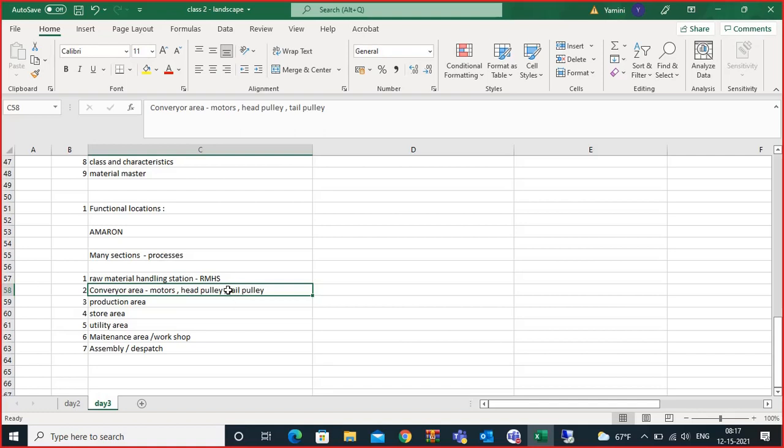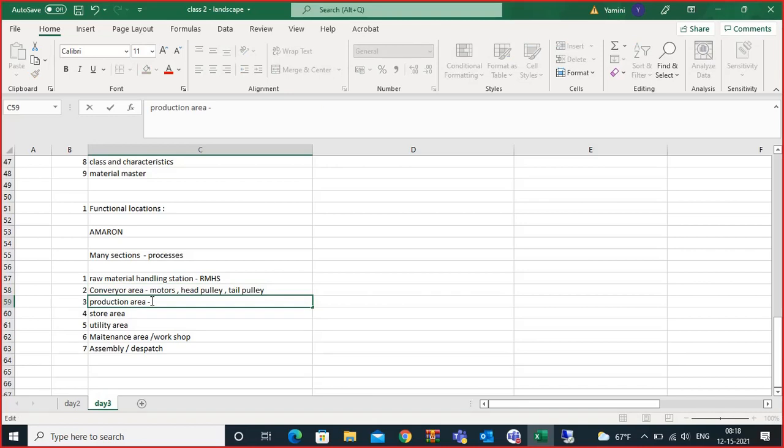So for that you will have a motor fixed and all. Those are called equipments which are installed under this conveyor area. In the production area, you will have some lathe machines. Just for example, I am saying you will have lathe machines. You will have some automatic machines. We will not focus on what machines are there, but they might have installed a few machines in the production area. In the same way, there would be